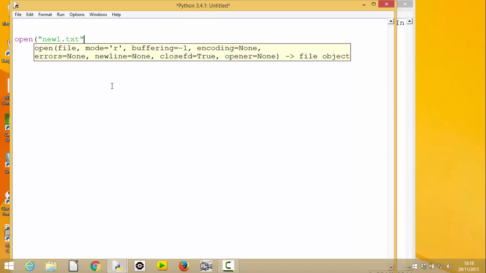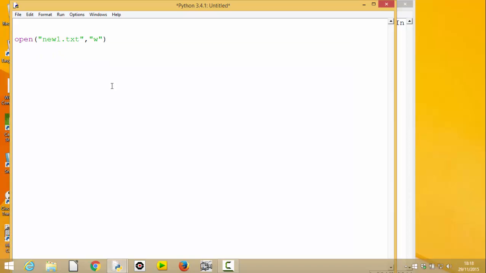new1.txt. And then what we do is we say what mode we want to open it in, and I'm going to open it in the write mode. Now the write mode will open the file, and if it doesn't exist it will create the file. If the file already exists it will overwrite everything in that particular file. So that's our actual command to open the file, and when we call this command what it does is it